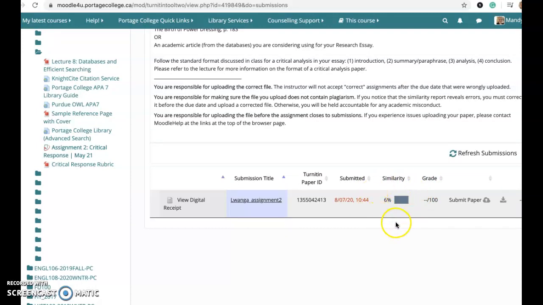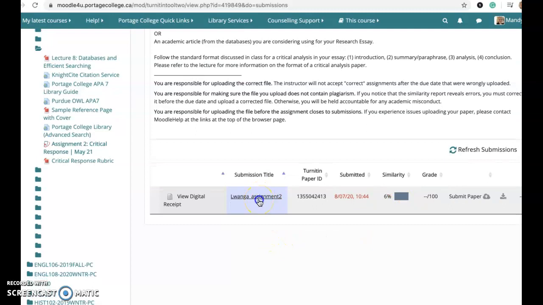This will change color, yellow, red. If you see yellow or if you see red, that's a really big clue that you should open up your file because there's some problem with it. Perhaps you forgot a set of quotation marks, perhaps you forgot a citation, and it's up to you to go in and fix that problem before the assignment closes. So if I want to see my similarity, I click on my assignment title,